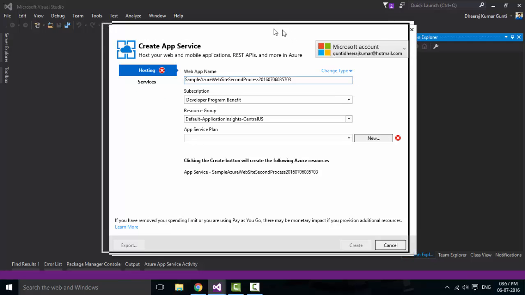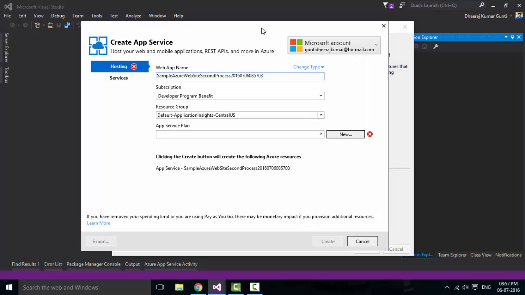So it automatically asks to create a new service. So the app name is automatically created based on your application name that we have created and the current date. So if you just want to go with this, you can just go, otherwise you can just change the